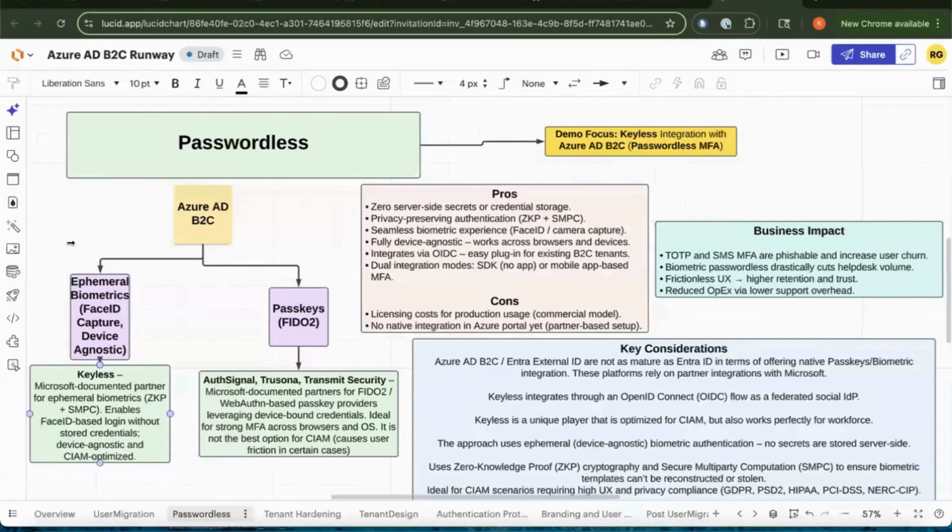Whereas in the ephemeral biometrics way, it's extremely flexible and it knows your user authentication based on a private key that's stored on the server side. So it's very device agnostic. We have Keyless on the left here as a provider, which is a documented partner by Microsoft for zero knowledge biometrics. It uses secure multi-party computation, which means there are multiple cloud nodes that come together at the authentication event to verify the user, and zero knowledge proofs to make sure that each one of those cloud nodes followed the protocol